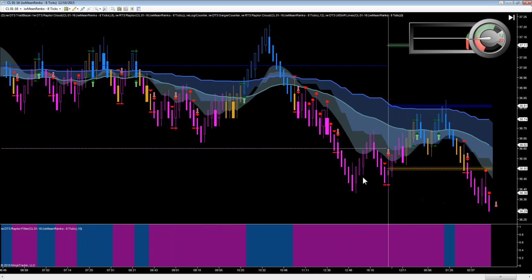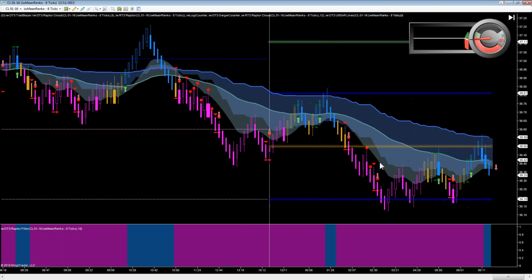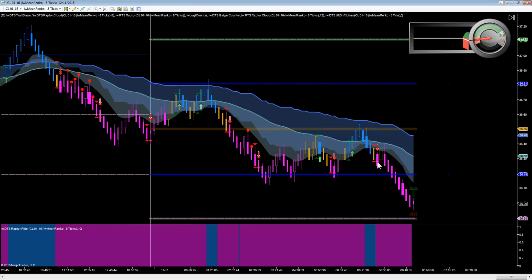Yeah, it seems to be holding. See how it's containing the peak on the 12? That's kind of what you want to look for. Now, the double band